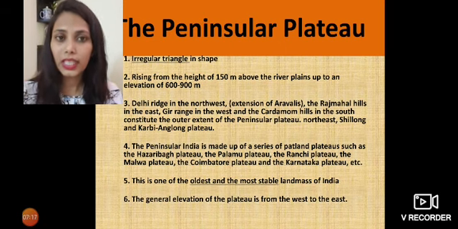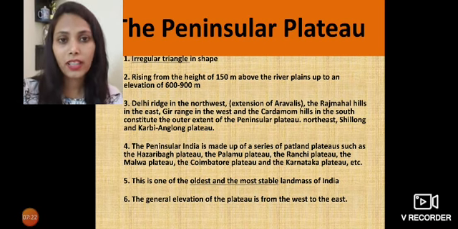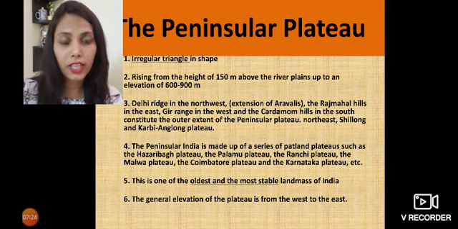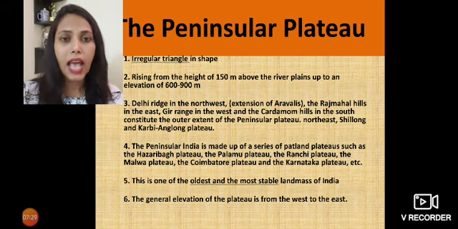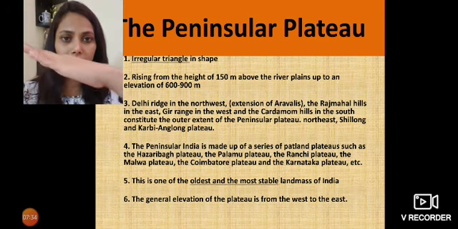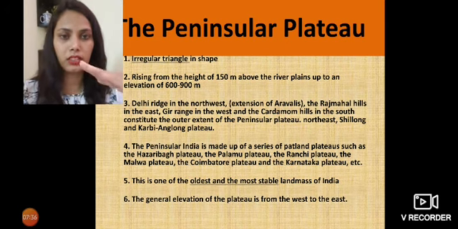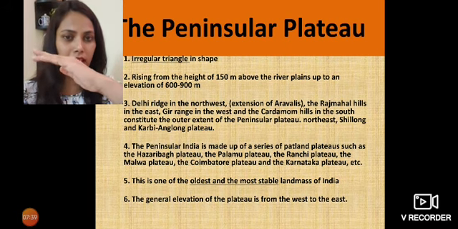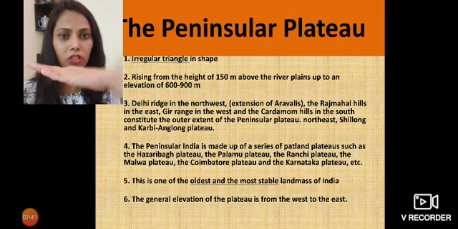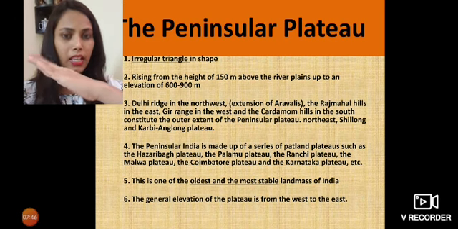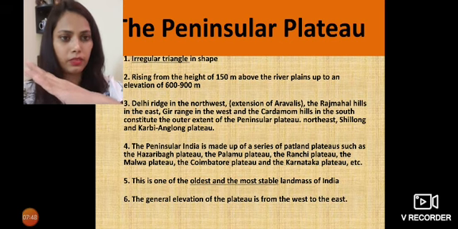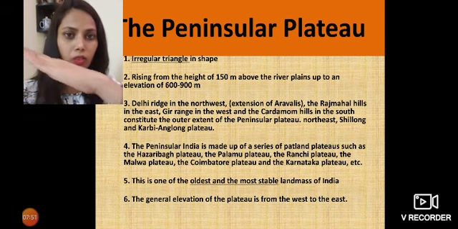Now if you go towards the eastern side of India, the same peninsular part of India, you will find Tamil Nadu there, you will find Andhra Pradesh, and there you will find the Eastern Ghats. Eastern Ghats are lower than Western Ghats, and the Peninsular Plateau has elevation from west to east. It's not flat like this. It's like this: the western part is higher, the Western Ghat is here, the Eastern Ghat is here. Clear? So that's why we say elevation is from west to east.